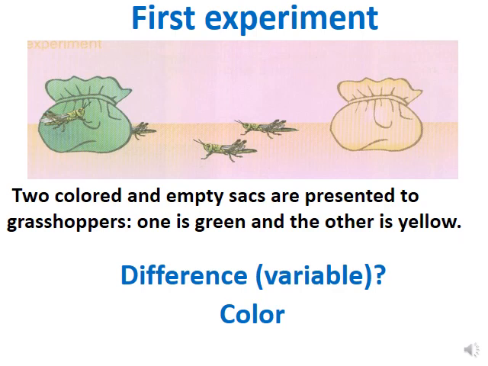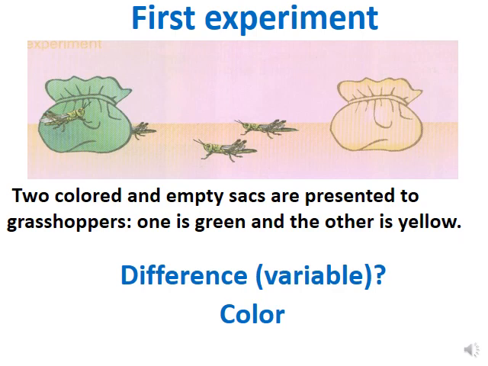Let's move to some experiments here. We have 2 experiments about the grasshopper. The grasshopper is placed in an experiment with 2 empty sacs. They are presented to the grasshopper. One of them is green in color, and the other is yellow in color. So first of all, let's